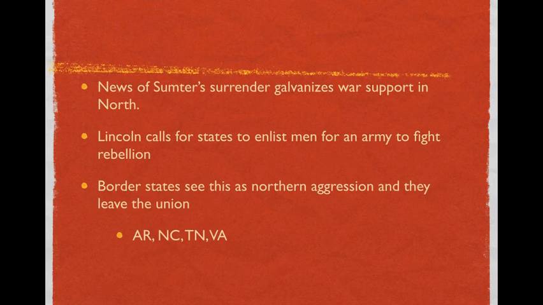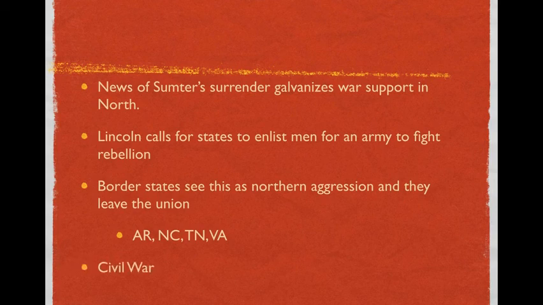So the thing is now, though, these soldiers are going to have to march through some slave states. They're going to have to march through Maryland. They're going to have to march through Virginia, North Carolina to get to South Carolina. And so these states then have to decide, are they going to allow that to happen? And once Lincoln calls for troops, we have a second batch of southern states. We have Arkansas, North Carolina, Tennessee, and Virginia who decide to secede and leave the Union.